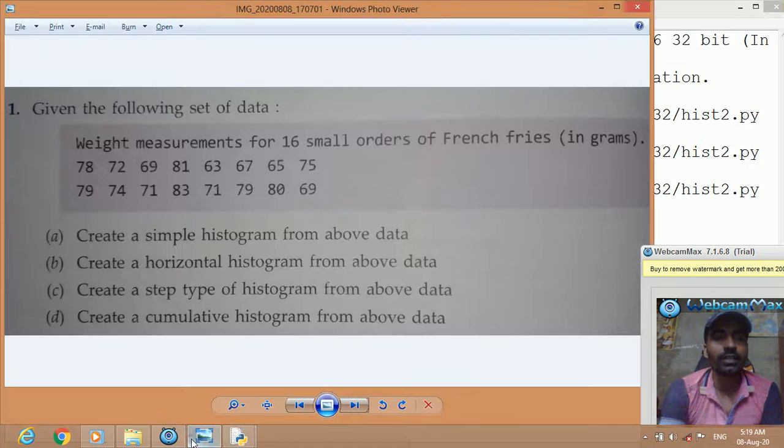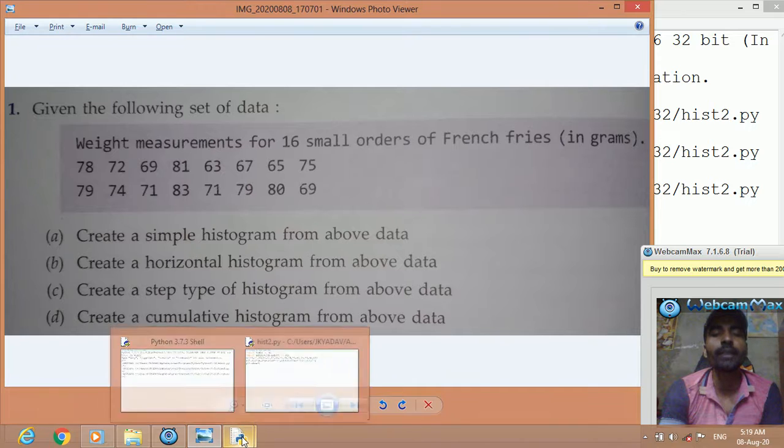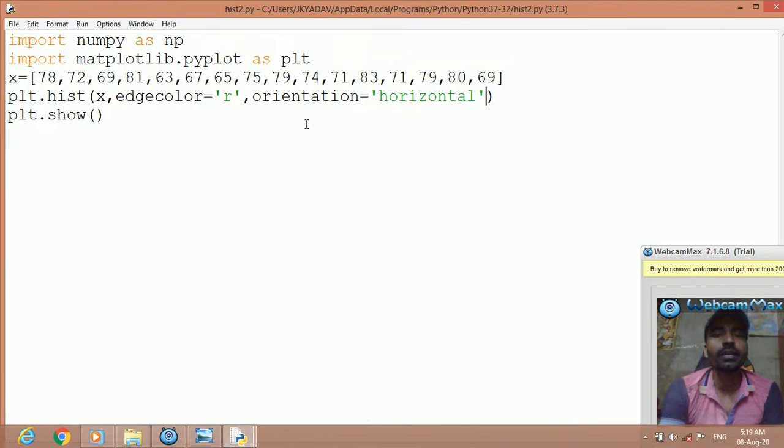Now the third question: create a step type of histogram from the above data. Let us remove the horizontal orientation now. Let me tell you step by step.